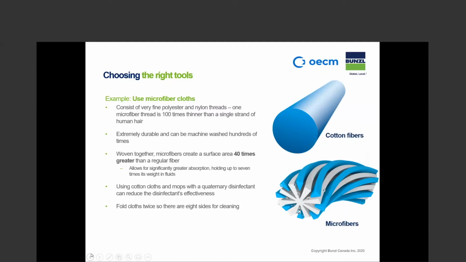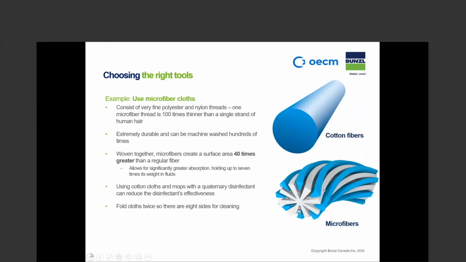And laundering is a key part of this as well. I like it for the fact that you're moving that biofilm, you're taking it from your facility, and then in turn you're washing it, removing it, and so they can be used effectively. And again, it's important to follow the washing and laundry guidelines with microfiber to effectively get a good life out of them. Most standard ones that are out there in the marketplace can withstand about 400 washings. We do have ones that are up over 1,000 washings that can be used for healthcare and other environments, but